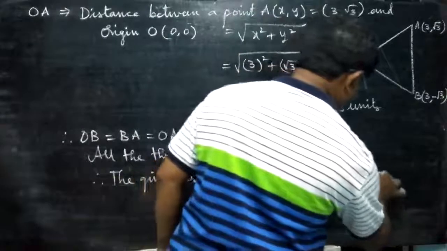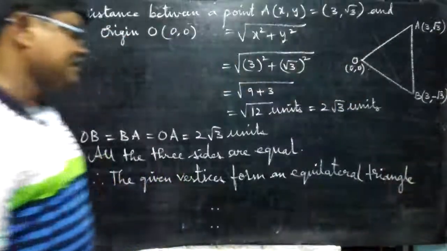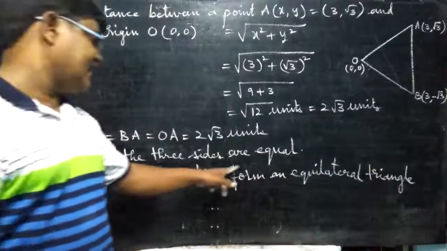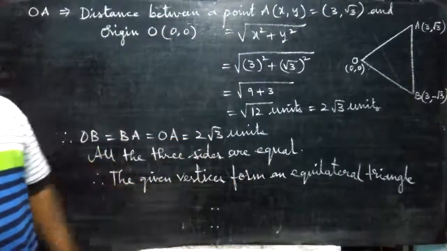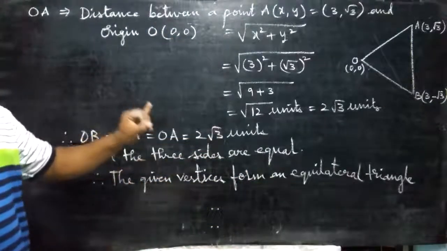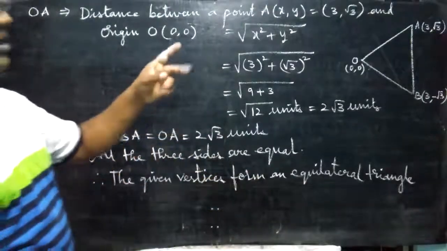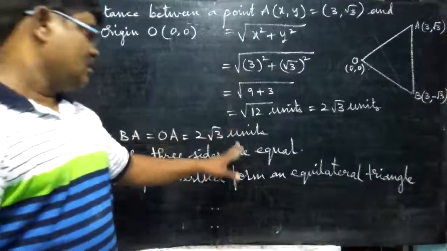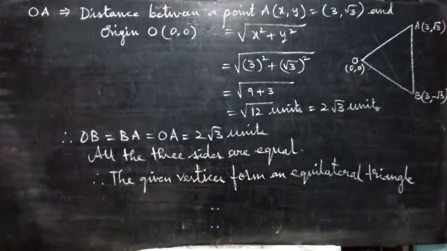If two sides are equal, isosceles triangle. If no side is equal, scalene triangle. If all the three sides are equal, equilateral triangle. Regarding triangles, we are doing one model I did. Isosceles is there, scalene is there. This is equilateral. For two sides equal and one side not equal, isosceles. Three sides not equal, scalene triangle. All the three sides equal, equilateral triangle. Keep in mind, prove carefully all the three sides.